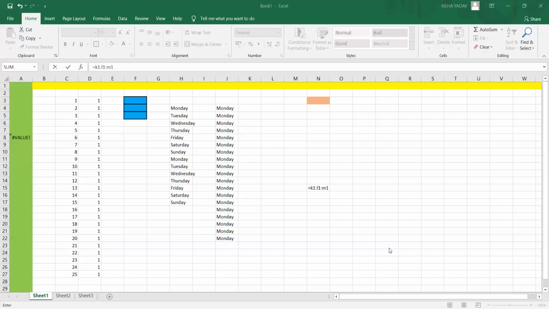Now you can see this is the name box, and here also I can show you. If I am selecting any cell here like this, this is the name box. And if I am just hovering my mouse on it, it is also displaying that it is a name box.